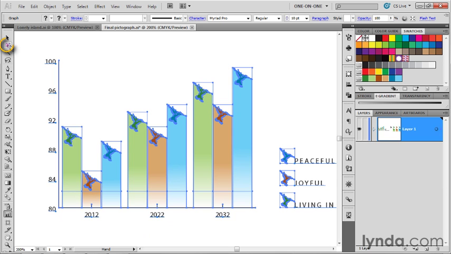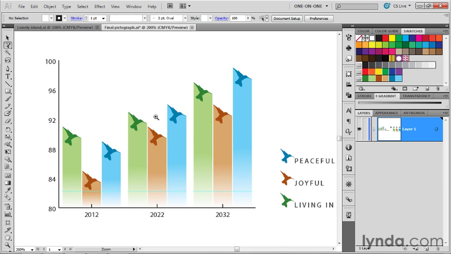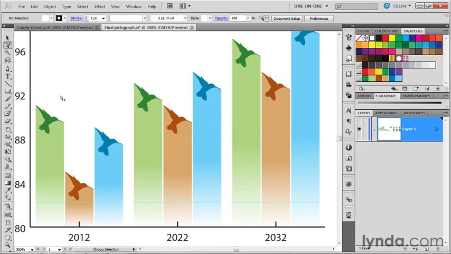changes. I'm going to grab my group selection tool and click off of the graph to deselect it. And what I want to do at this point is select each and every one of the hummingbirds. This is a manual process, so what you've got to do is click and shift-click on the outlines for each one of the hummingbirds. So I'll click on the first one, shift-click on this guy, shift-click here, shift-click several more